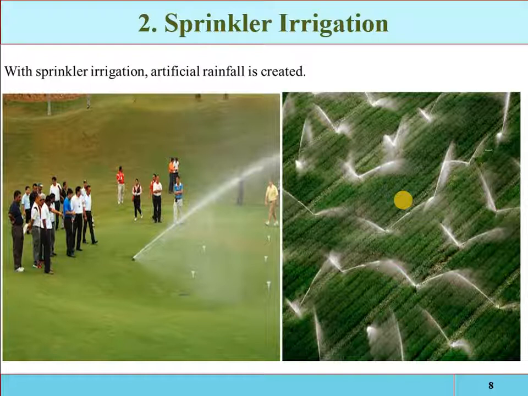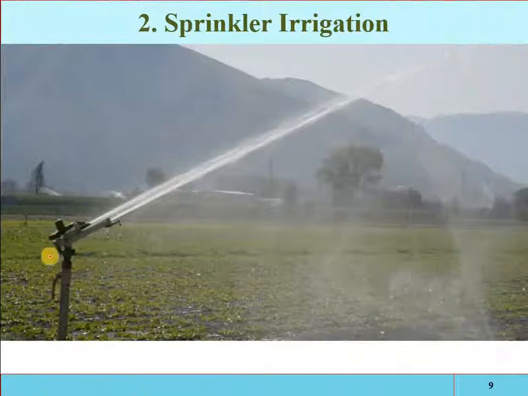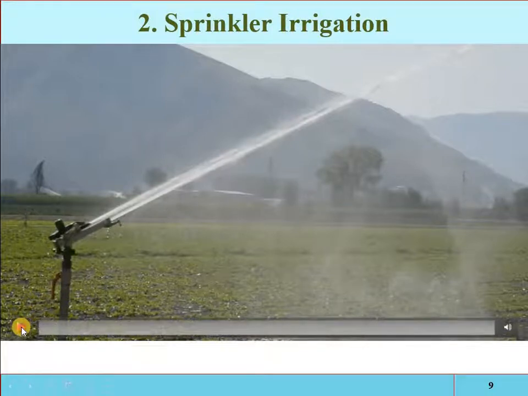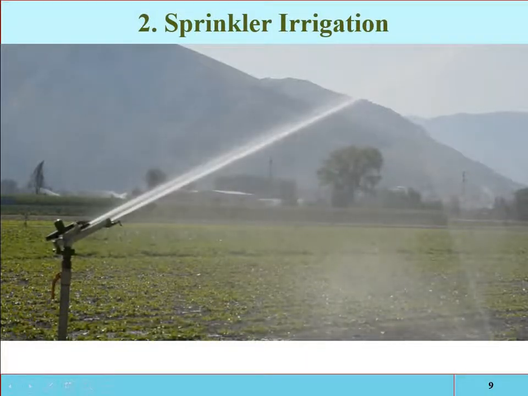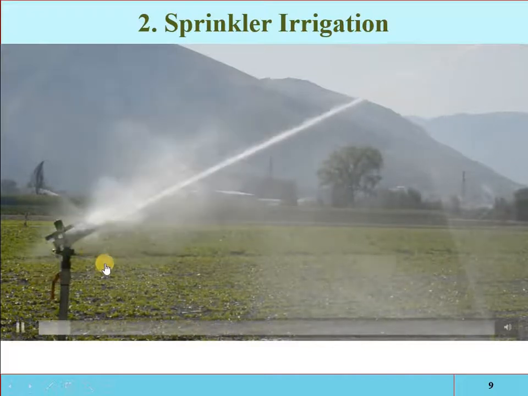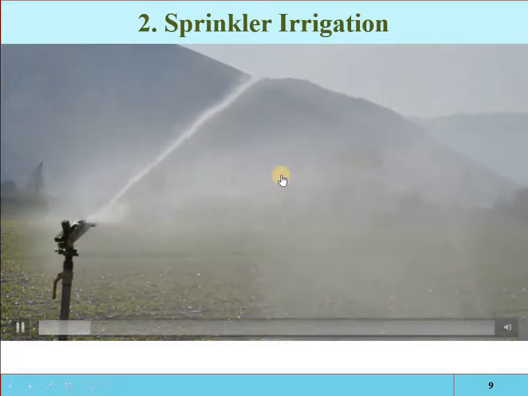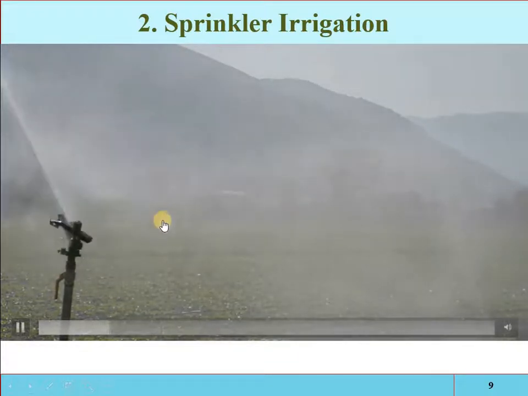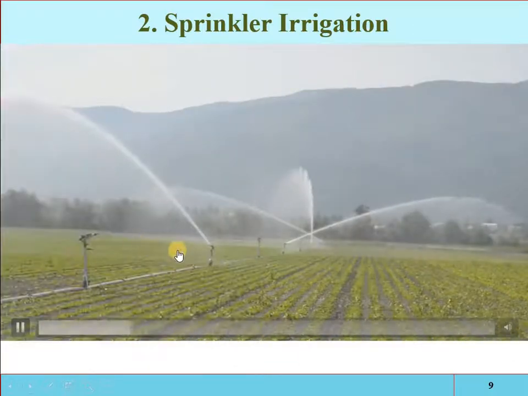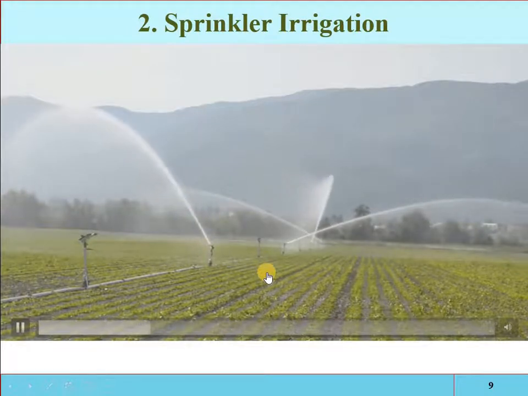So these are the different patterns. Here the sprinklers will rotate through 180 degrees, meaning the water is thrown in two directions. And here the water is thrown in one direction, so it will rotate through 360 degrees. See, this is one example of a sprinkler irrigation system, the single gun irrigation system. It is throwing the water in different directions. From this point up to the farthest point, the throwing of the water is uniform. So it is rotatable, rotating through 360 degrees.